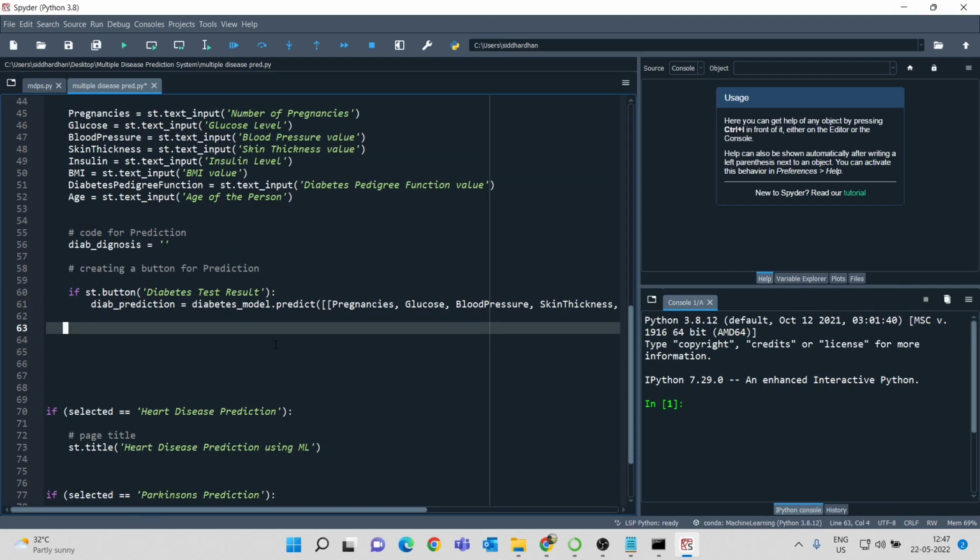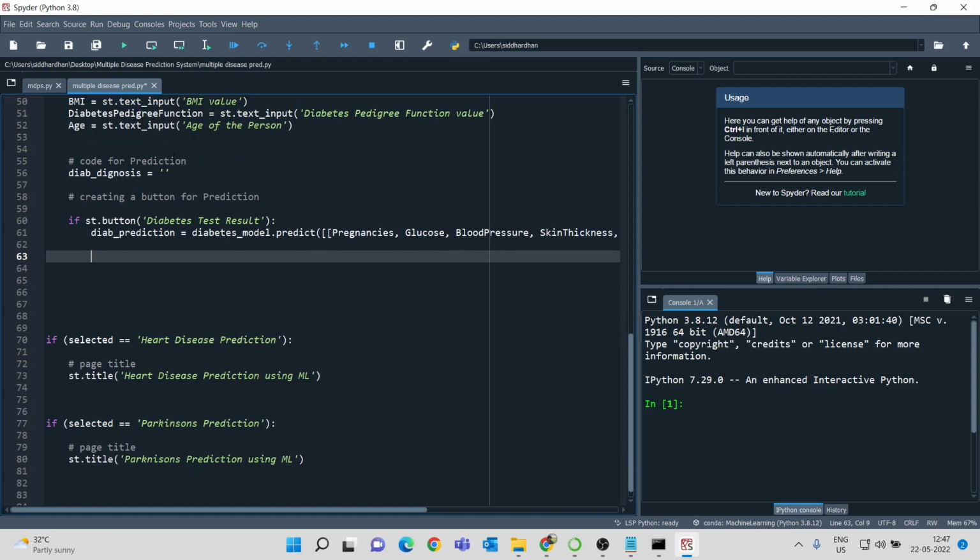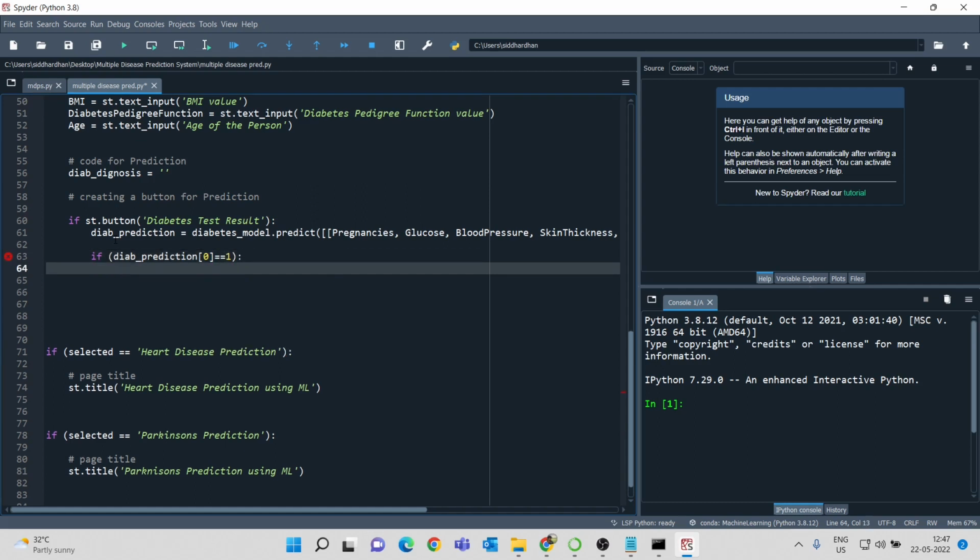So for this we have to create another if condition, and this should be within this if condition. So once this diabetes test result button has been pressed, this model will predict the value for all these values, and we will get the final result. So if this diab prediction, sorry, this diab prediction of 0 is equal to 1, in that case we will say that diab diagnosis